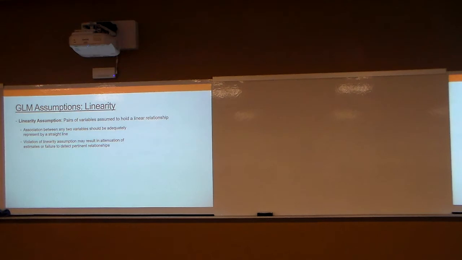We can have situations where X is associated with Y. It's just X is associated with Y in a nonlinear fashion. So because of that, I miss it, right? So for example, we go through Alicia. We've got correlation between husband's age and wife's age. Is this adequately represented by a straight line? Yeah, right? You've got a clear linear path, right? The association here, if you tried to fit anything else other than a straight line to that, I think you'd probably be off the mark,